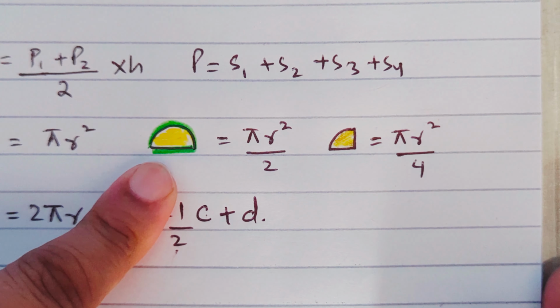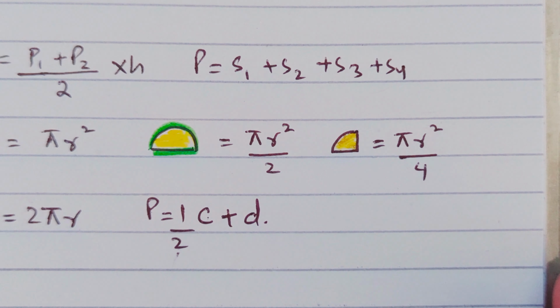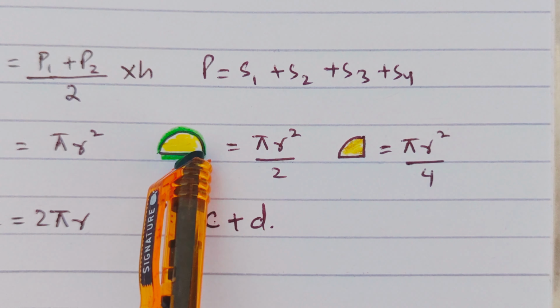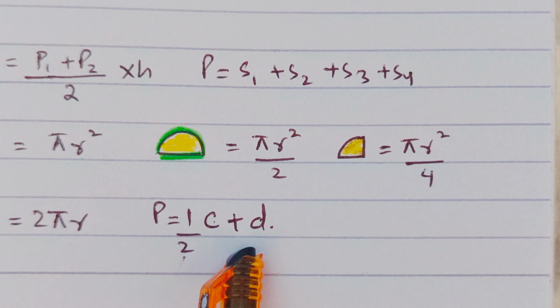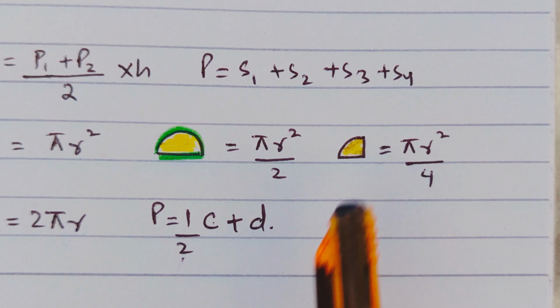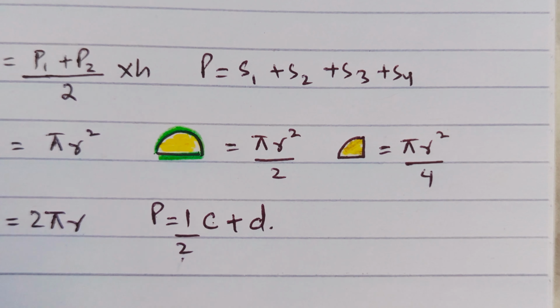In some cases you will be provided with diameter, in some cases you will be provided with radius. So if the diameter is given, you will write diameter as it is, but if the radius is given, then you have to multiply it by 2, because the diameter is the double of the radius, and radius is half of the diameter. And for the quarter circle, the perimeter will be